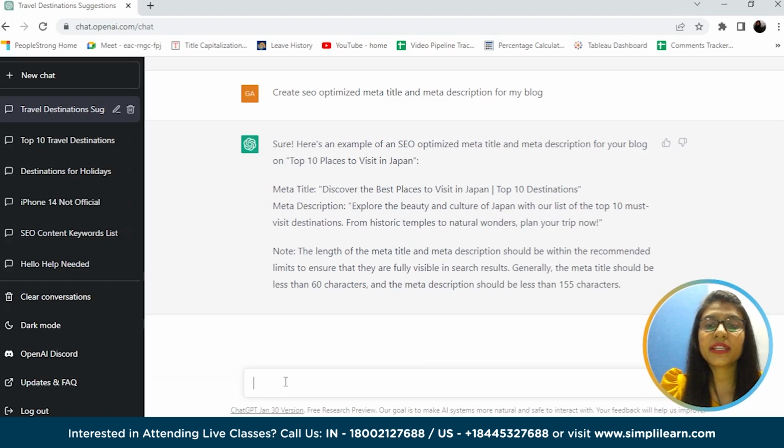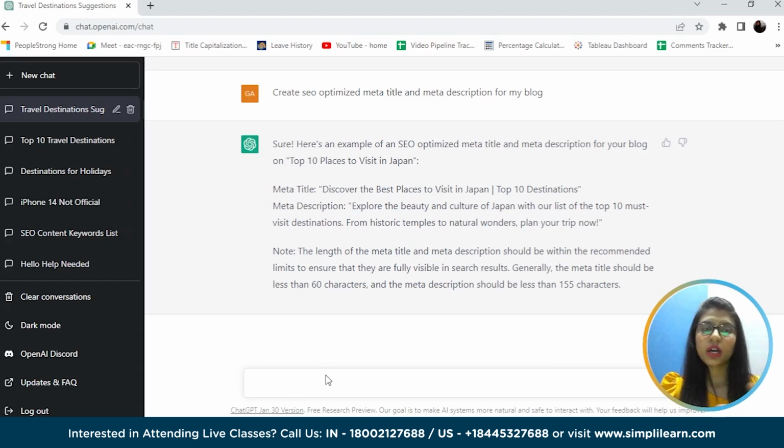See, also, we are getting some notes that it is good to have a meta title of less than 60 characters. So if it is more than 60 characters, you may get the dot dot part and the title will not be clearly visible in the search result page.